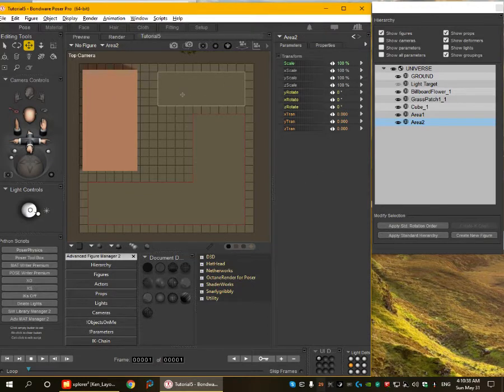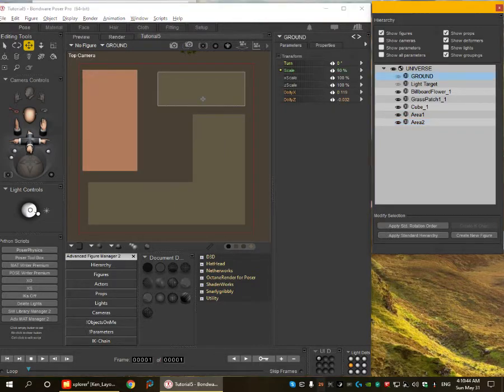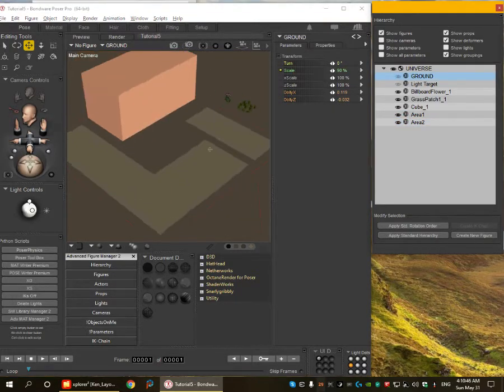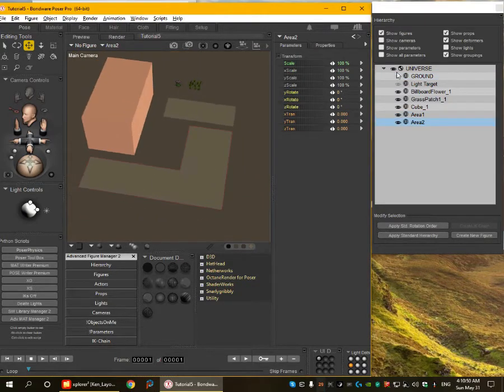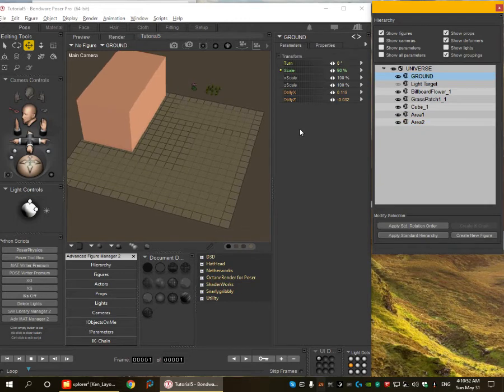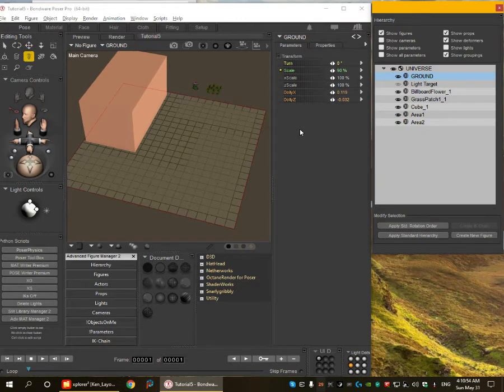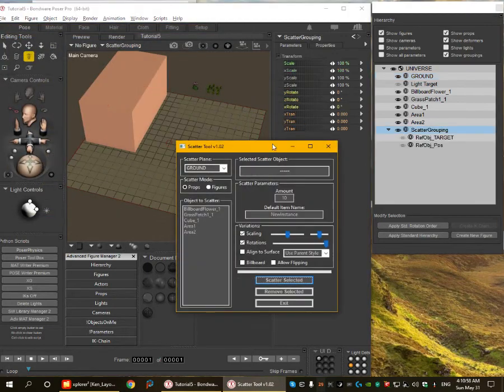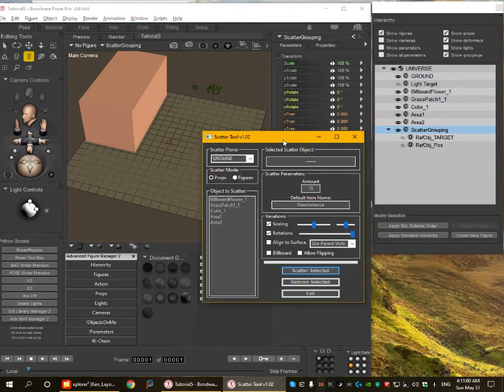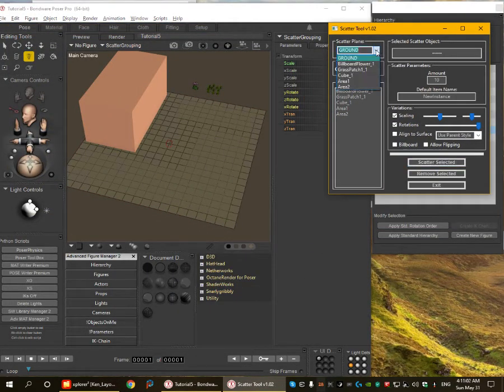I have 2 new areas created, this one and this one. If I hide the ground, you can see them better. Here they are, area 1 and area 2. Now let's start scattering. So first of all, I open the scatter tool, and let's select area 1, which is this one here,